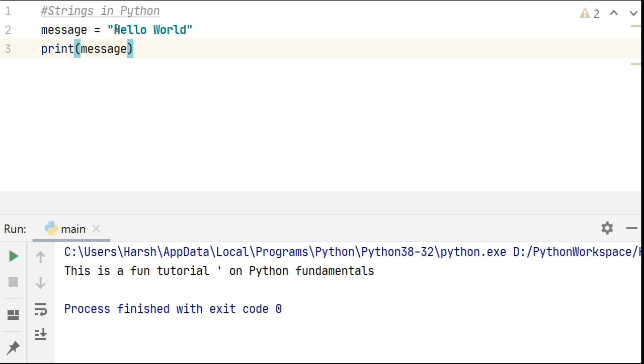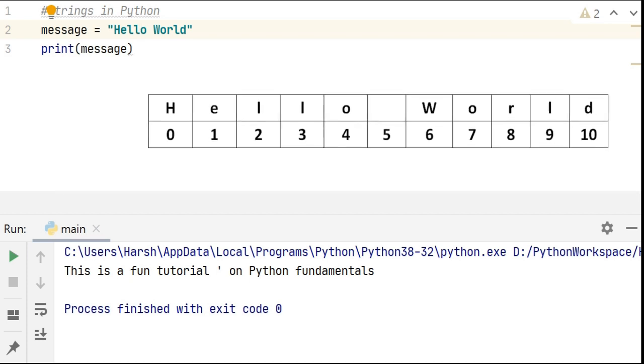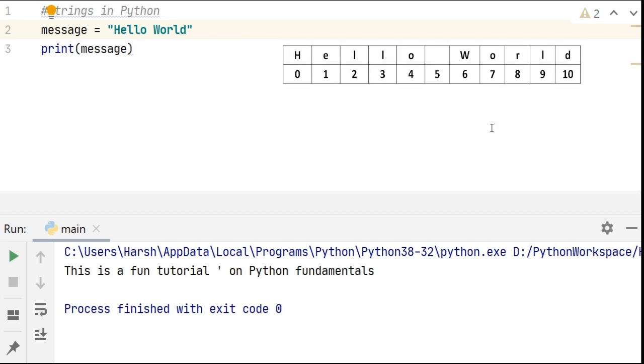So every character in this hello world string has an index. The index in a string starts from 0. So H is 0, E is 1, L is 2, the next L is 3 and so on. So if we consider hello world as a string, its index would look like this. Even a space is considered a character inside a string.